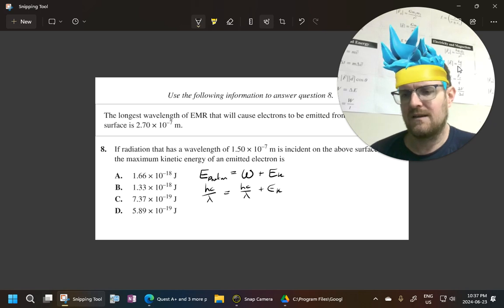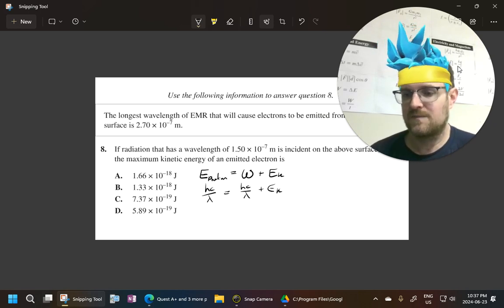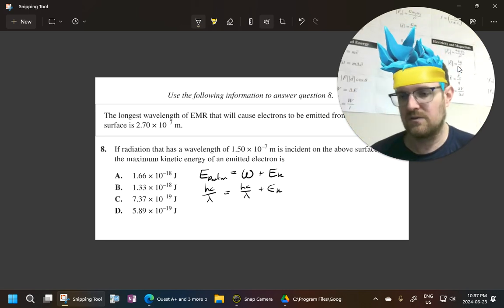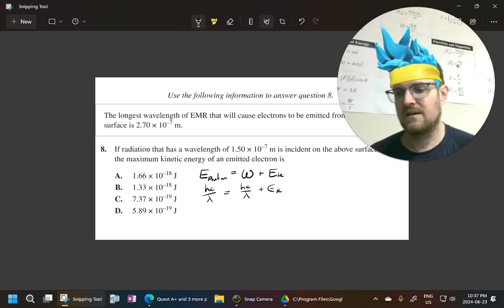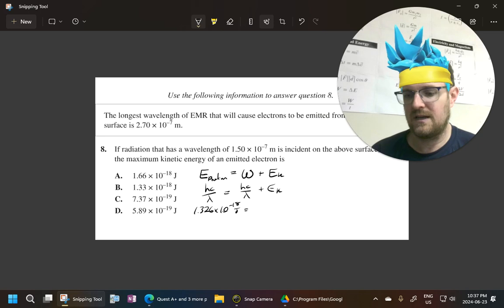So 6.63 times 10 to the negative 34, speed of light, divided by my wavelength in meters, which it already is. I'll do the photon one first. So this one ends up being 1.32 times 10 to the negative 18 joules. And if I do it again for the other number,